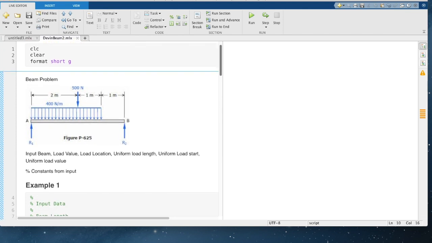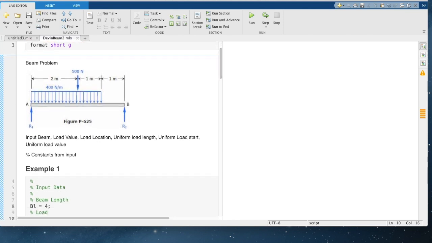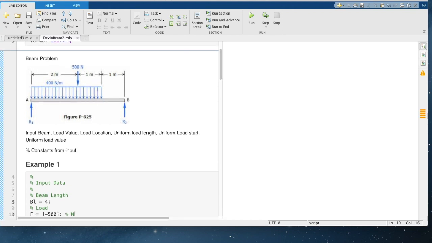He's doing beam elements as a physics type problem right here, and you can see here we have a distributed load that's length 4 meters, starts at 0, and a concentrated load at 500 newtons at the center of the beam, and I want to calculate the two resulting pin